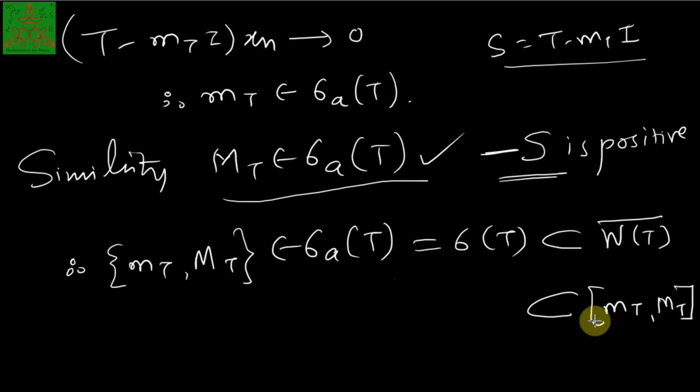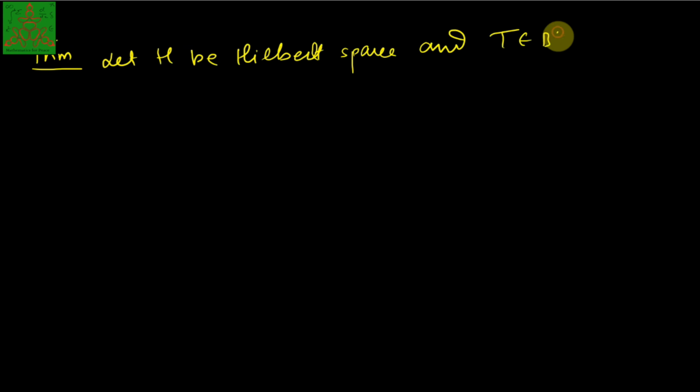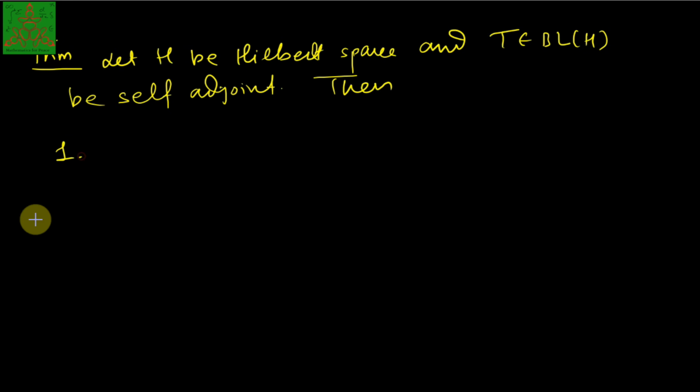The spectrum is real and is bounded by this interval. Now let us have another result for this self-adjoint operator. It says: let H be a Hilbert space and T belongs to BL of H, self-adjoint. Then the first one is that the norm of T we can calculate using this numerical range, which says that it is the maximum of